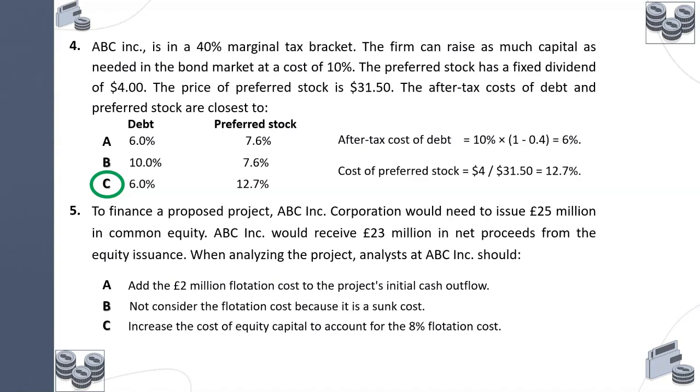We estimate all the cash in and cash out. The cash out in the first year to start the project, we call it initial outlay or initial cash outflow, as mentioned in the question. Do we consider this 2 million part of these cash outflows, or shouldn't we consider it because it is a sunk cost? Sunk cost, this term refers to the stage of the decision-making process.